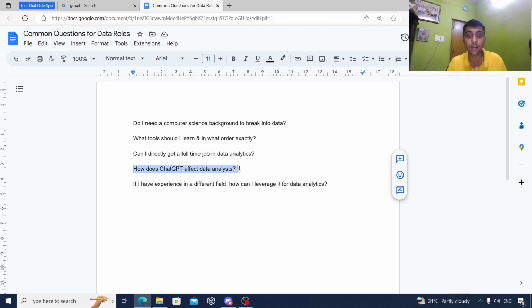Keep this in mind. And then, if I have experience in a different field, how can I leverage it for data analytics? This is another question, right? If you have worked in a mechanical engineering plant or done something else, how can you leverage it? I'm sure you would have done some kind of analysis. You would have done stakeholder management, communicating with a lot of people. You would have had a lot of communication and presentations. You might have also done some storytelling, right? Bring in all these skills, see how you can make them relevant for the data analyst job. Apart from this, you'll also have that business domain or business acumen knowledge. Bring that in as well.